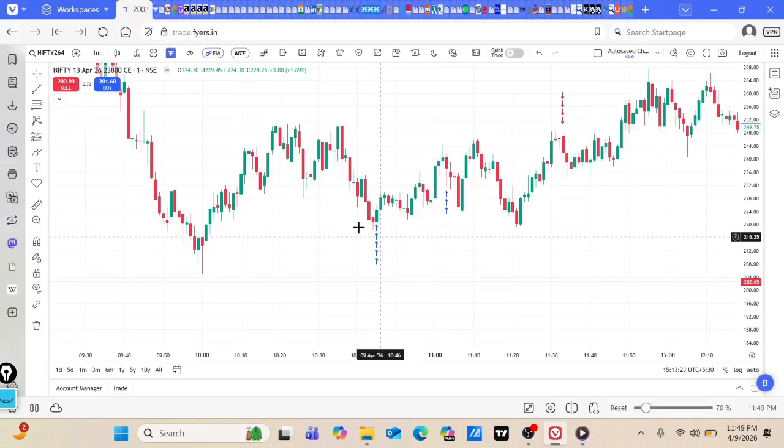10:45, it started from here, and obviously my stop loss was below this. This is around 216, but I will keep it as 215, and I have bought some quantity over here. Let me see if this is working. No. So it went up and I waited over here, and after this candle there was a very big momentum, and I thought to buy some more. But when I bought two more lots over here, it gave a pullback, and again it gave a very good pullback, and this was like